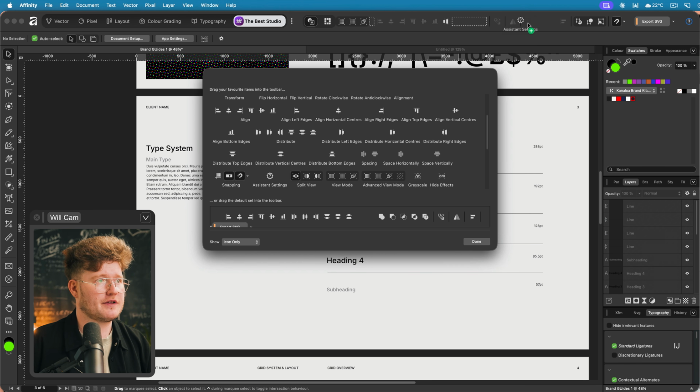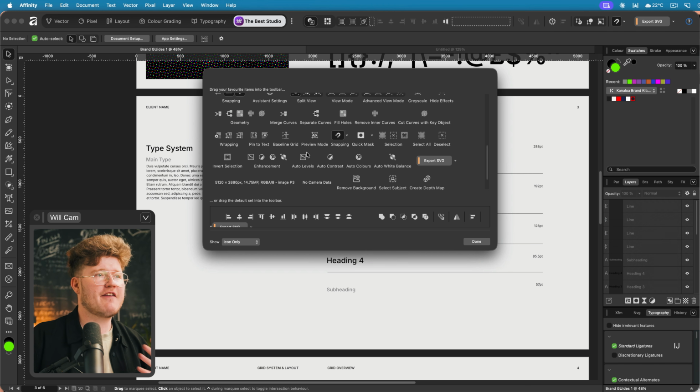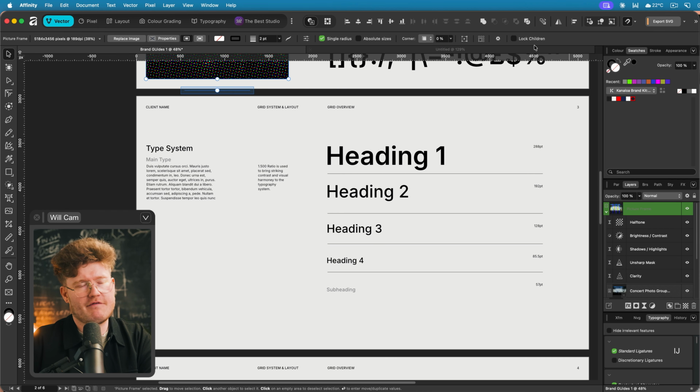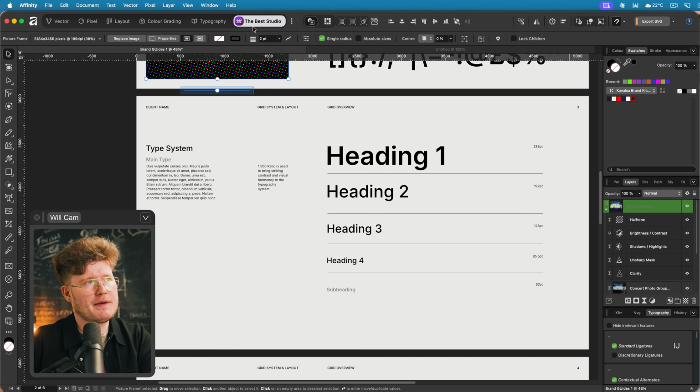Assistant settings, let's bring that up over here, as well as every single thing that you could possibly think of, including like just remove background. That's a really interesting function to have just up there. Maybe some whiteness. You've got every tool that you can think of that you can place absolutely anywhere that you want. Now the beauty of this studio now is that if I go back to the Vector Studio, it remembers everything. It's there. If I go back to my best studio, it only gives me the tools that I want,